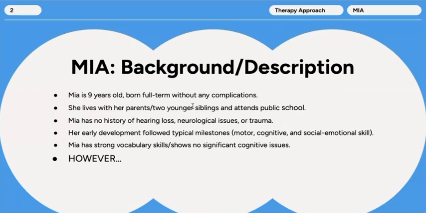Her early development followed typical milestones, so her motor, cognitive, and social emotional skills were as normal as her age. And Mia has strong vocabulary skills and shows no significant cognitive issues. However,